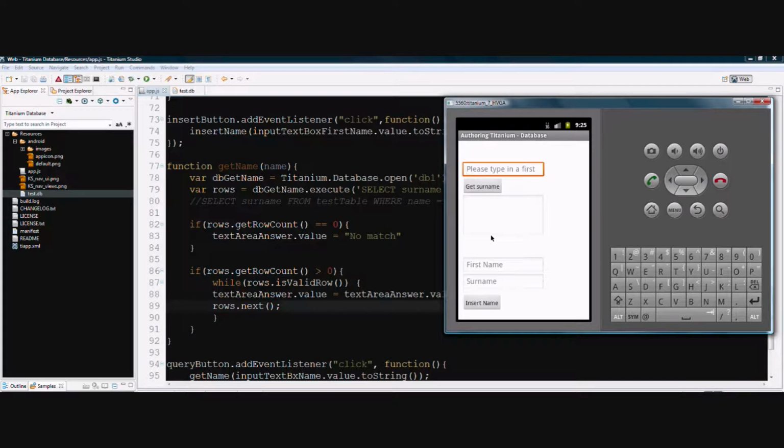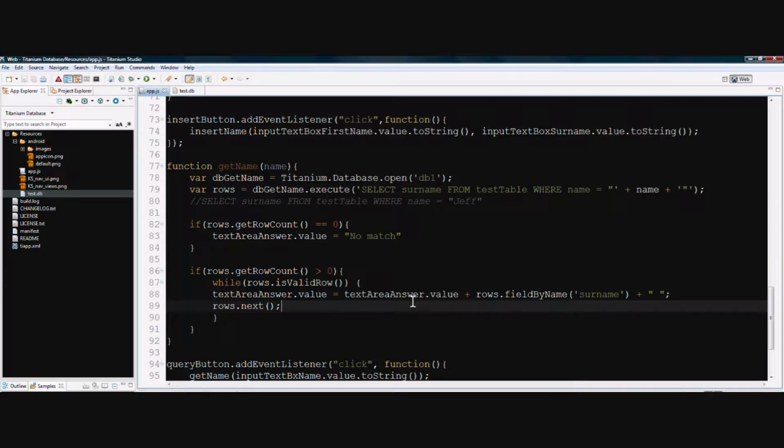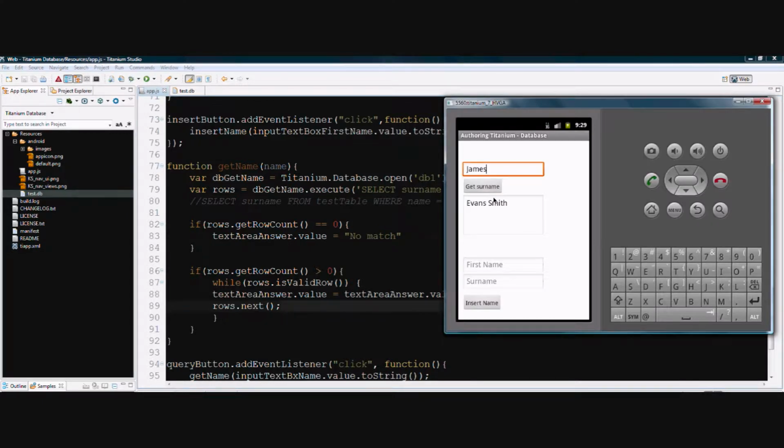So here I'm just going to type James, get surname, and we can see that Evans and Smith appear in this text box. Now because I'm doing this form of concatenation, every time we loop through we're adding a surname to the text area answer. So if we were to click get surname again, we could see that we're duplicating the while loop and we're just adding more surnames to the text area answer